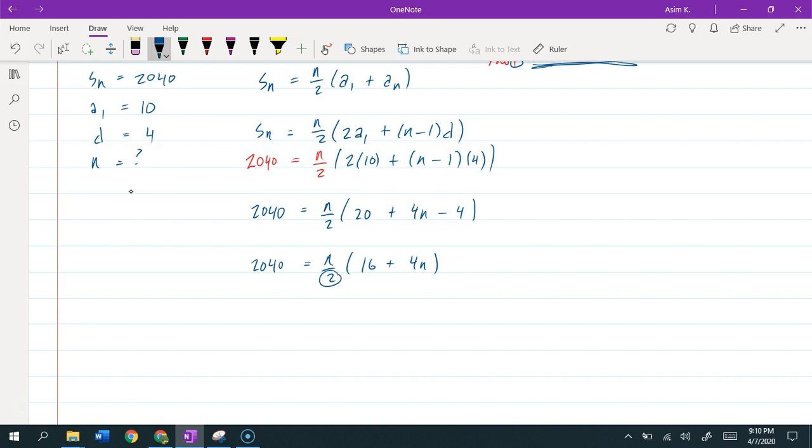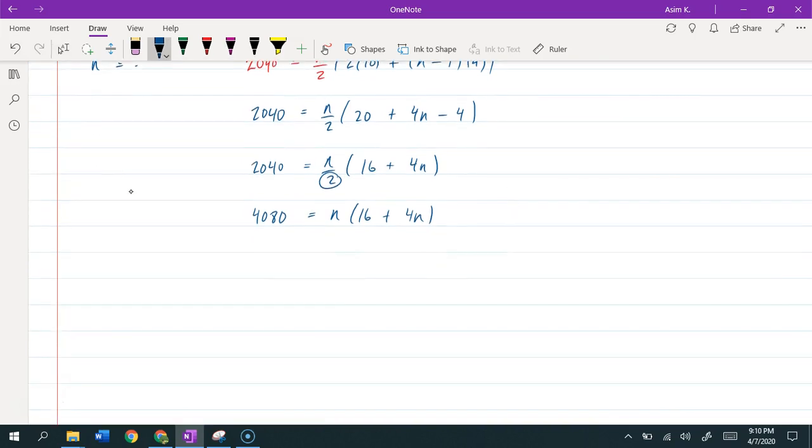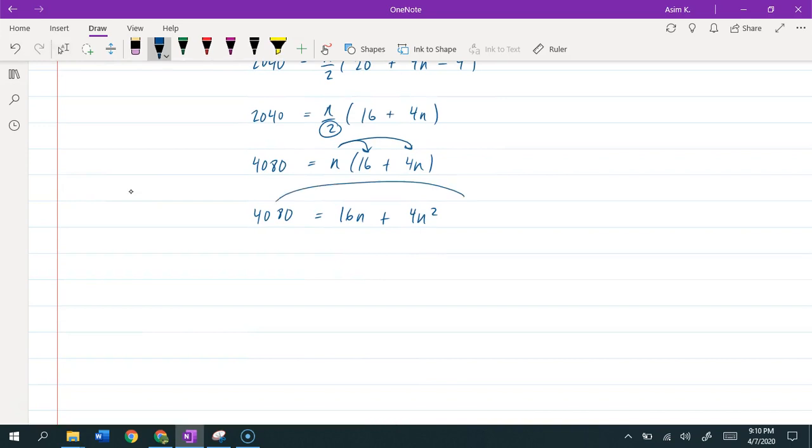Now we've got to get rid of this 2, and a good idea is to just multiply it on both sides. So 4080 is equal to n times (16 plus 4n). We're just moving right along here. It's not difficult math. I'm just taking extra steps to avoid any mistakes. So n times 16 is 16n, and n times 4n is 4n squared. So it's looking a whole lot like a quadratic. Let's bring the 4080 over, so it becomes 4n squared plus 16n minus 4080